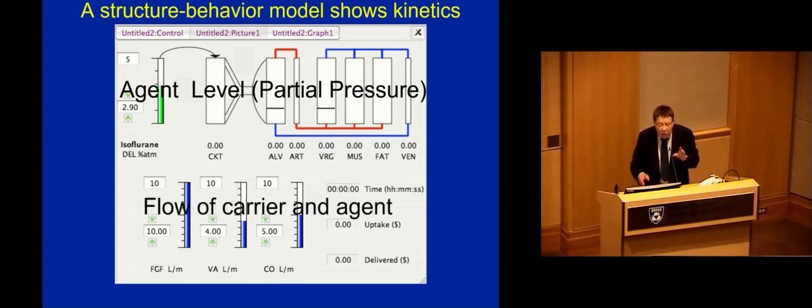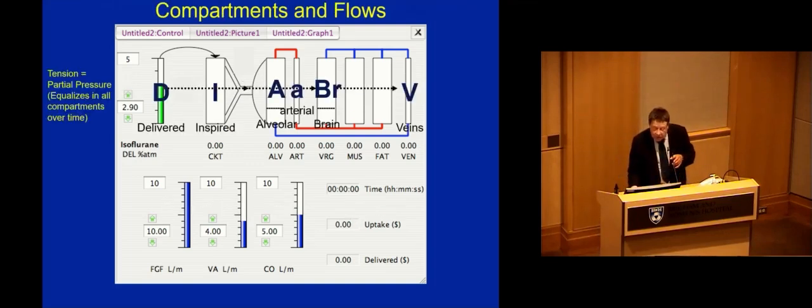In the bottom, we have the flow of carrier gas and agent as it moves across this model. So the anesthetic tension or partial pressure goes from that which is delivered from the vaporizer into the breathing circuit to produce the inspired concentration, I can still call it, then gets to the alveoli, or I can also allow it to call it the concentration, into arterial blood, and then into the brain, which is now a partial pressure thing. Brain, other tissues, muscle, fat,